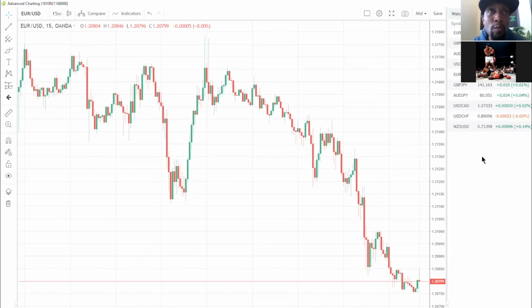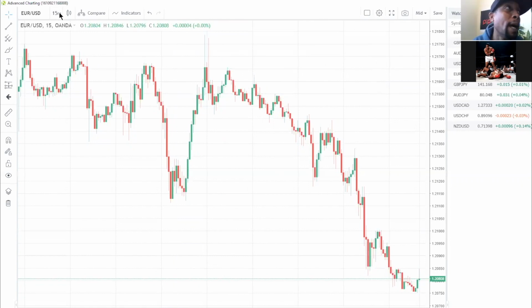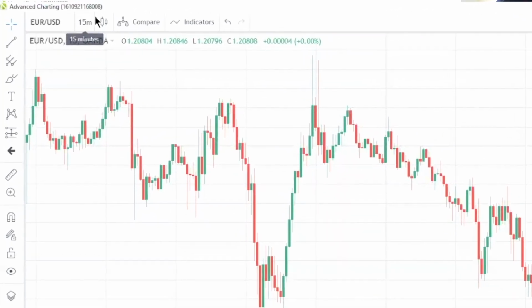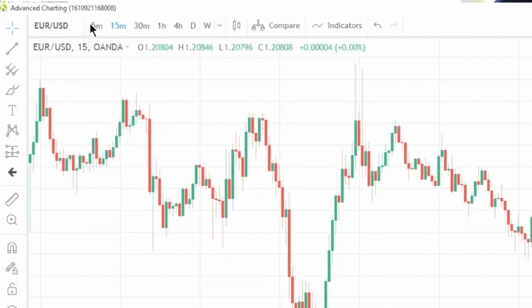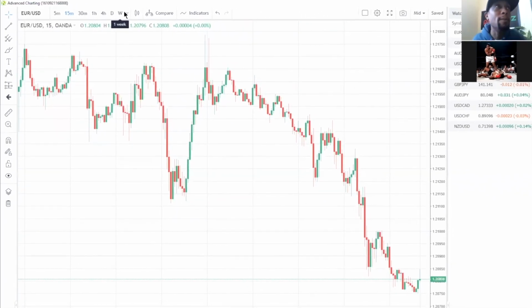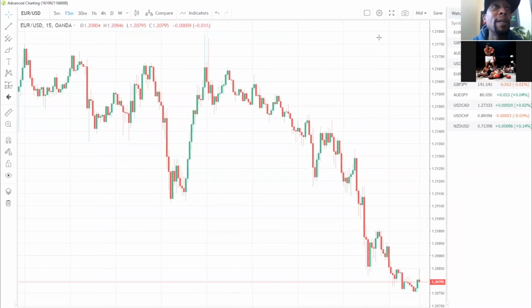This leaves you room to type in all the currency pairs that are not in here anymore, because I go in here where it says 15-minute, drop down in here, and I go favorite all my time frames: 5, 15, 30, 1 hour, 4 hour, daily, and weekly. So I make sure I have those quick at the draw, at the hip. Then I want to make sure I go in